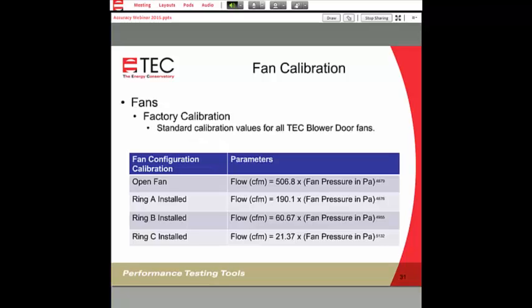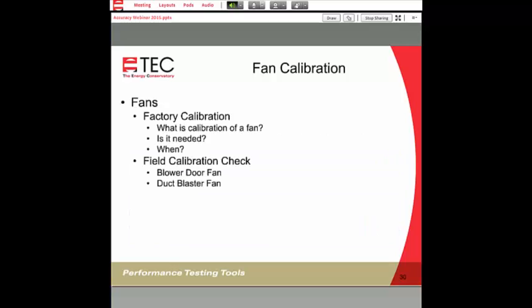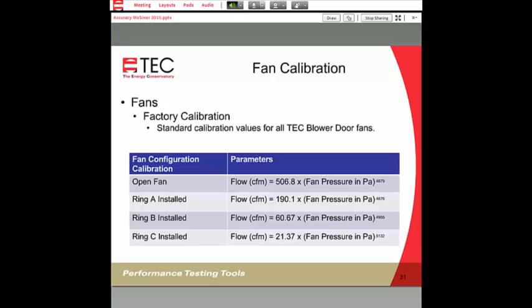So, factory calibration of fans versus special calibration. In the blower door manual and also in the duct blaster manual, there is a fan configuration and calibration section with various parameters. Basically, for any of the fans that we're making, we're reading pressure values across that fan, and that's where you see in this parameter that there's fan pressure in pascals.